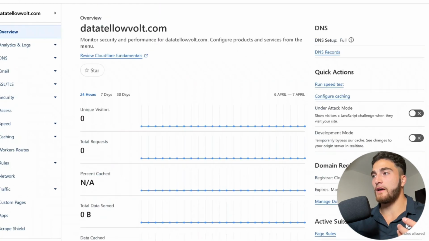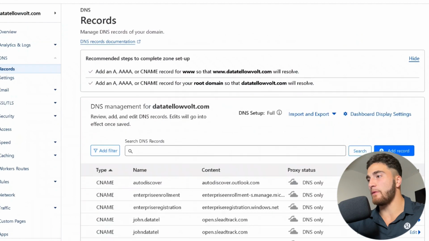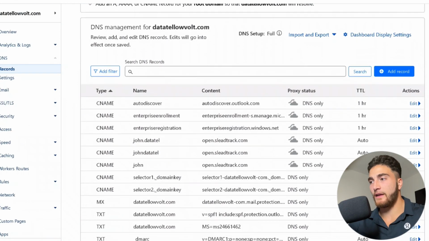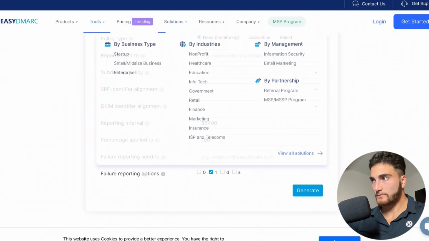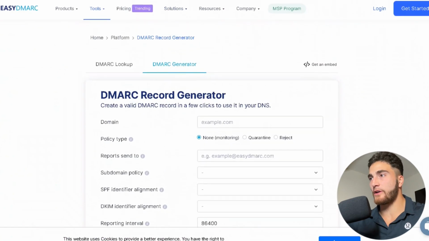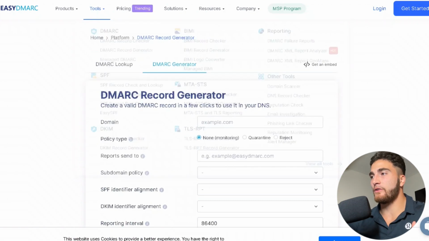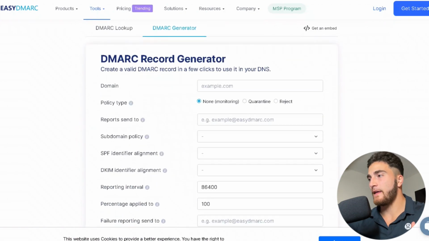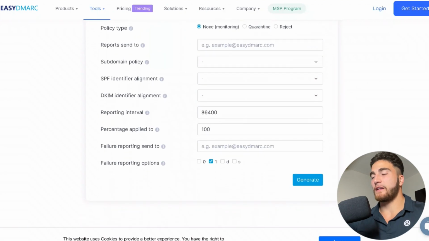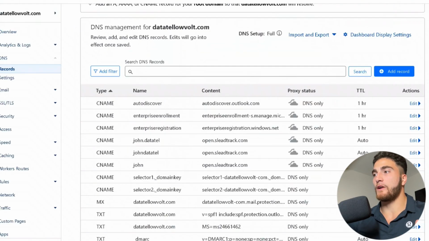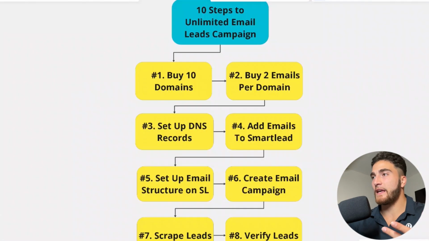The other one to set up is DMARC. After you do the DKIM and add them in here, the next one is to set up the DMARC, and I actually use easydmarc.com. I go to tools, then record generator, just like that, and then I plug all of this in. Again, I'm not going to get into the details, but you put in the DMARC records after you plug everything into the Cloudflare account as well. So you want to make sure you have the SPF, the DMARC, and the DKIM. And once you have all 3 of those,